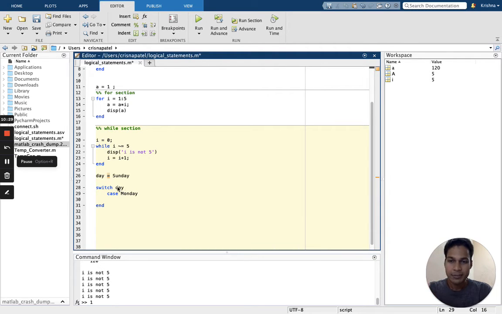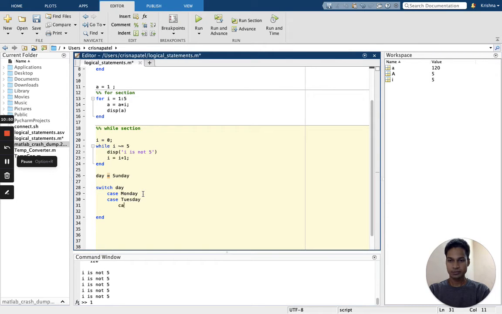It matches the value of day with case values. Like you have day, and then you have day equal to Monday here. Another case would be Tuesday, and then we have let's say one more case,